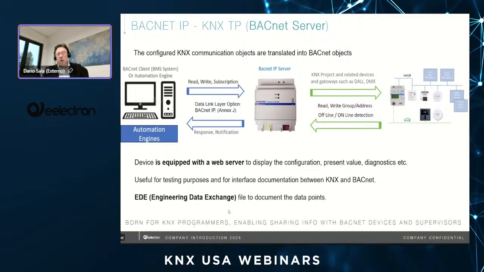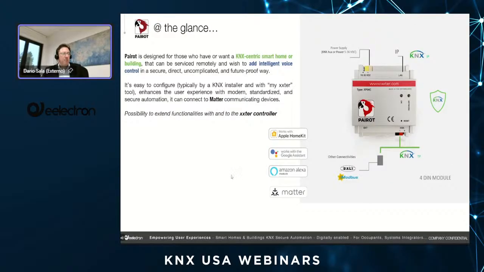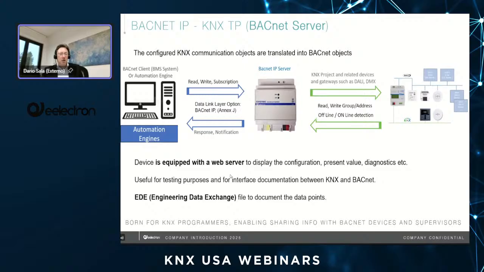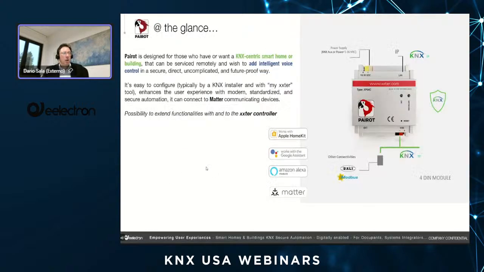Really born for the KNX programmers, but really to bring on the BACnet part of the picture. In this way, we show in the portfolio that we are managing some gateways as well. Let me introduce now an additional group of devices that we are basically providing mainly in two vertical markets,